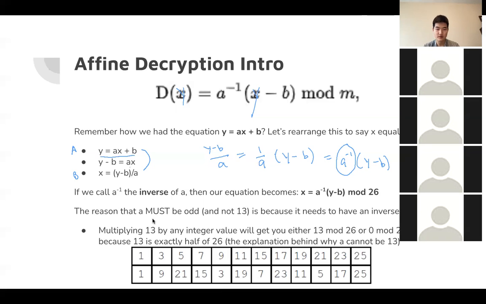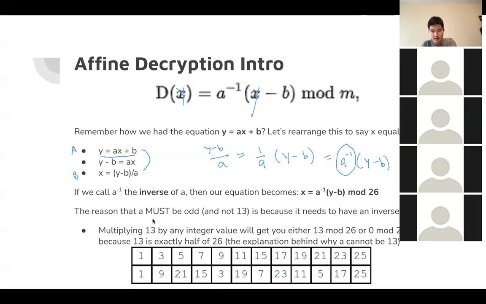And you can't have an even a times anything and expect to get an odd number. So a has to be an odd number in order to multiply by something else to get an odd number, if that makes sense. And the reason it can't be 13, even though that's odd, is because if you have